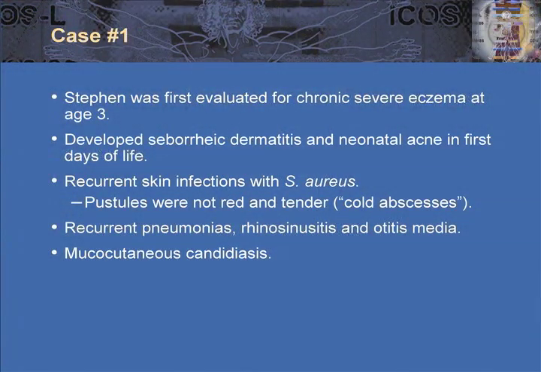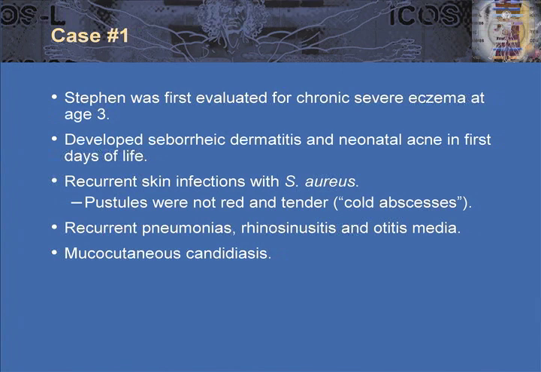And this was Stephen D., who was first evaluated for chronic severe eczema at age 3. He actually developed seborrheic dermatitis and neonatal acne within the first few days of life. He also had recurrent skin infections with Staph aureus. And these skin infections were not typical of what you would expect to see with a bacterial infection of the skin. He would develop pustules, but they were not red or tender, and the term cold abscesses was coined to